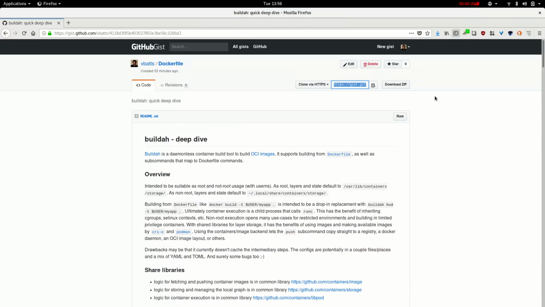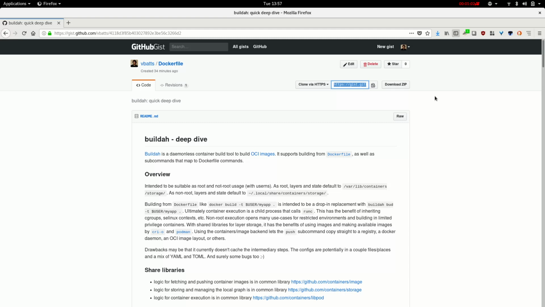Buildah, for those who are not familiar, is a container build tool. It is a direct invocation, like no daemon. It doesn't actually call back over a Unix socket to a daemon. It's a build tool targeting building OCI images. It supports Dockerfiles, as well as you could write a shell script that calls out to Buildah subcommands that looks very much like the syntax of a Dockerfile, since many people already admitted that Dockerfiles look just like a derivative of shell scripts with